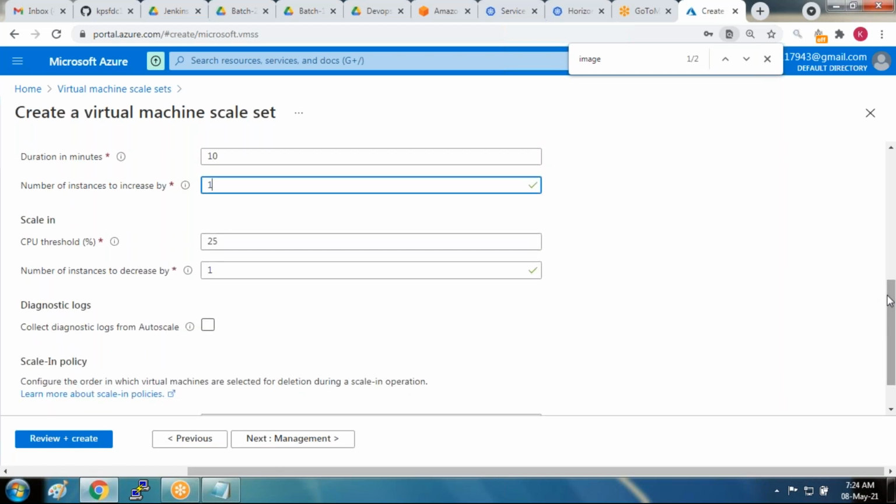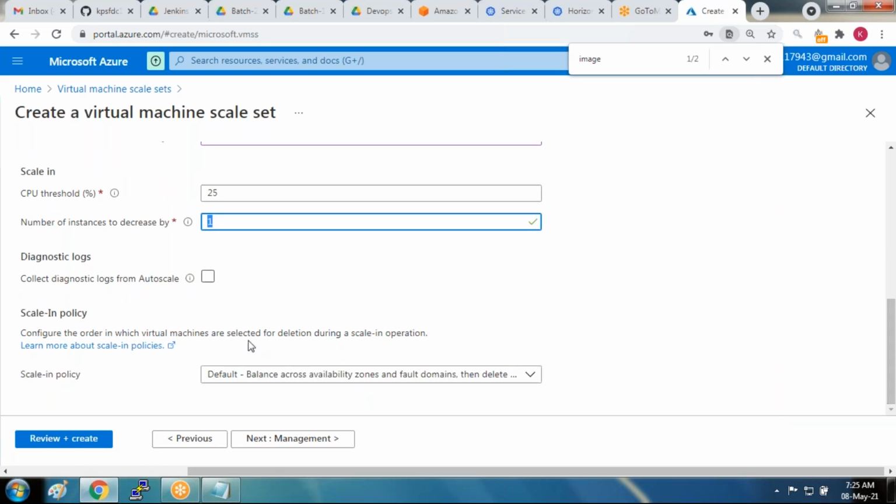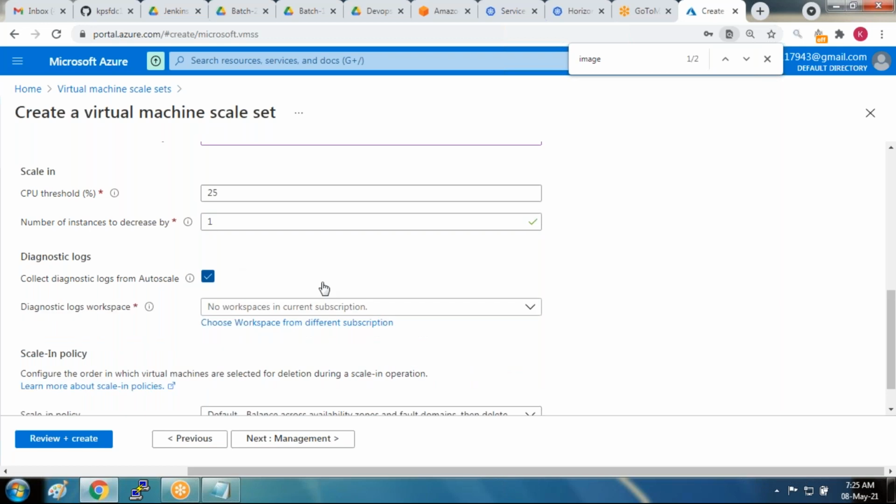Now this is scale in. Scale in means reducing the number of instances. So if the CPU percentage drops back to 25 percent, then reduce the instances one by one. And this is diagnostics, meaning monitoring purposes. You want to maintain the logs, and you can maintain the logs. That's for monitoring purposes. Just select it,